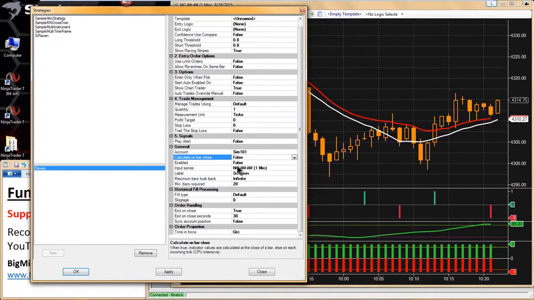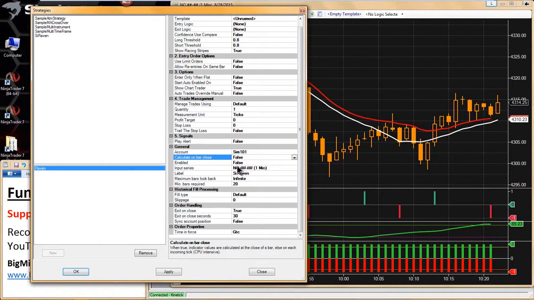When you set that to false, that's not going to prevent it from calculating when the bar closes, and it's not going to lock it so that it only calculates when the bar opens. So Mike,